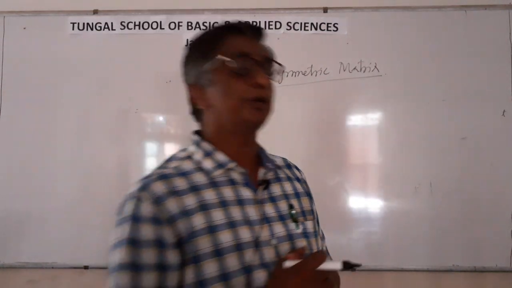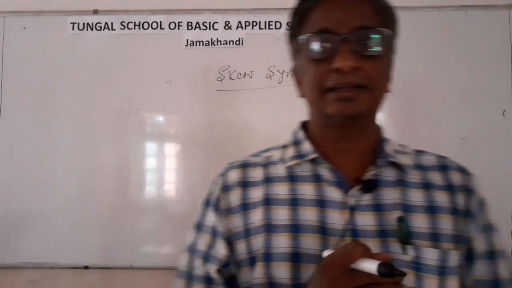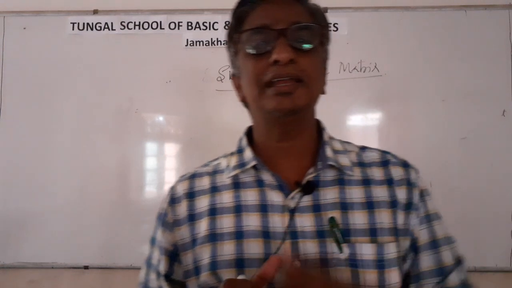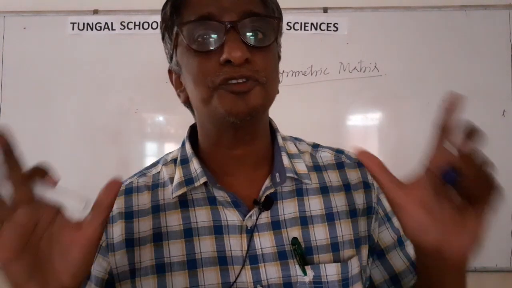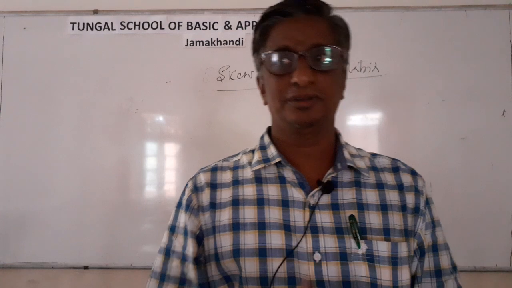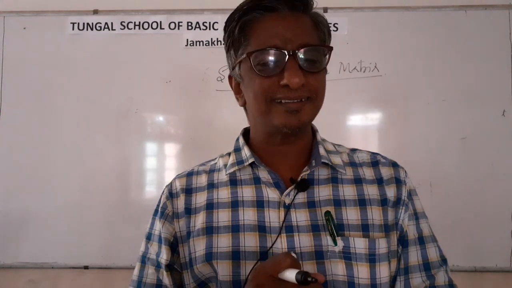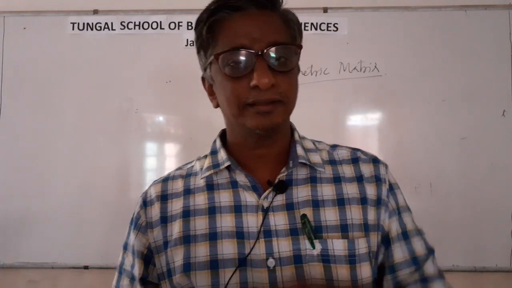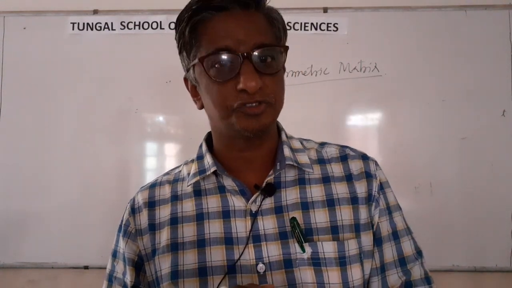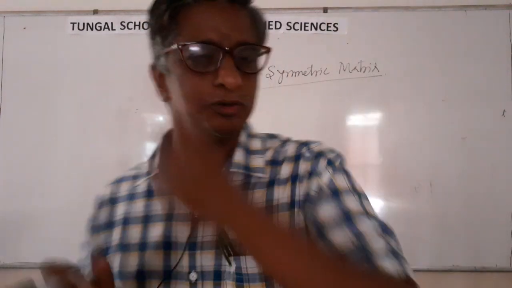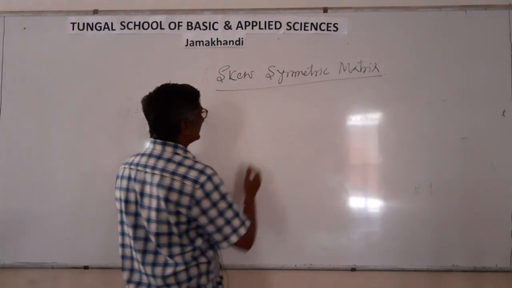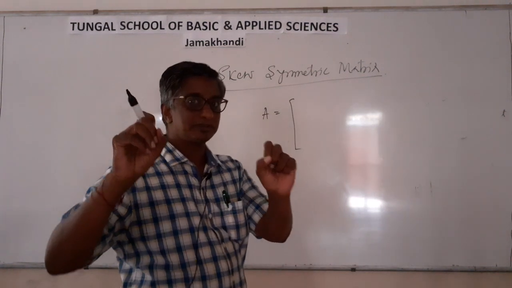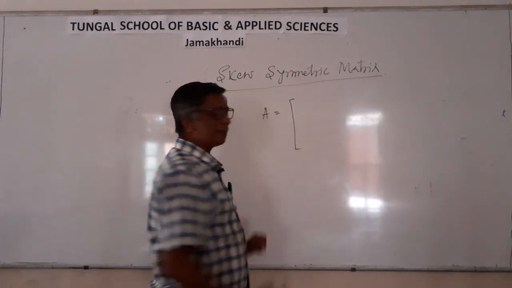And one more important point in the skew symmetric matrix is, in the symmetric matrix the diagonal elements are not 0, but in the skew symmetric matrix, the diagonal elements are 0. How is it? Let us think. First I will give some brief idea of skew symmetric with the help of an example.